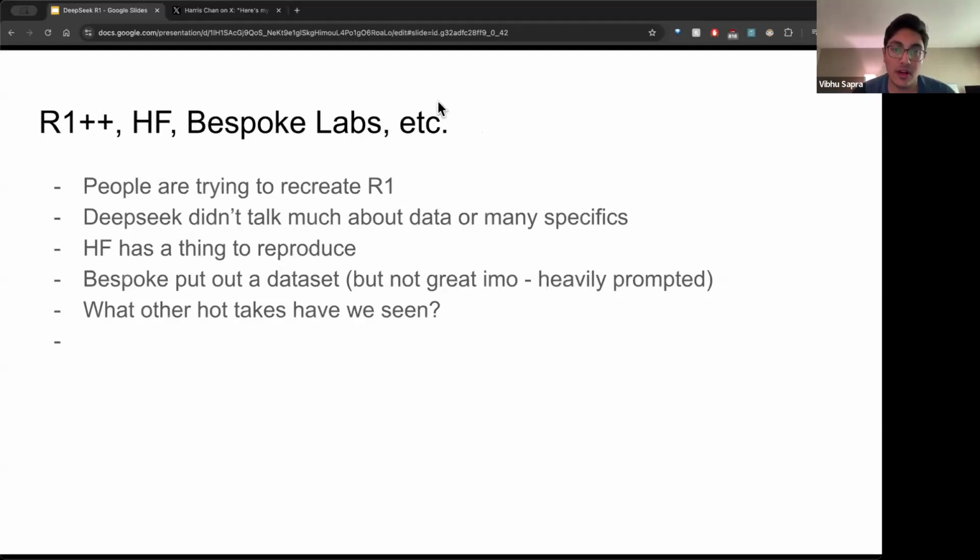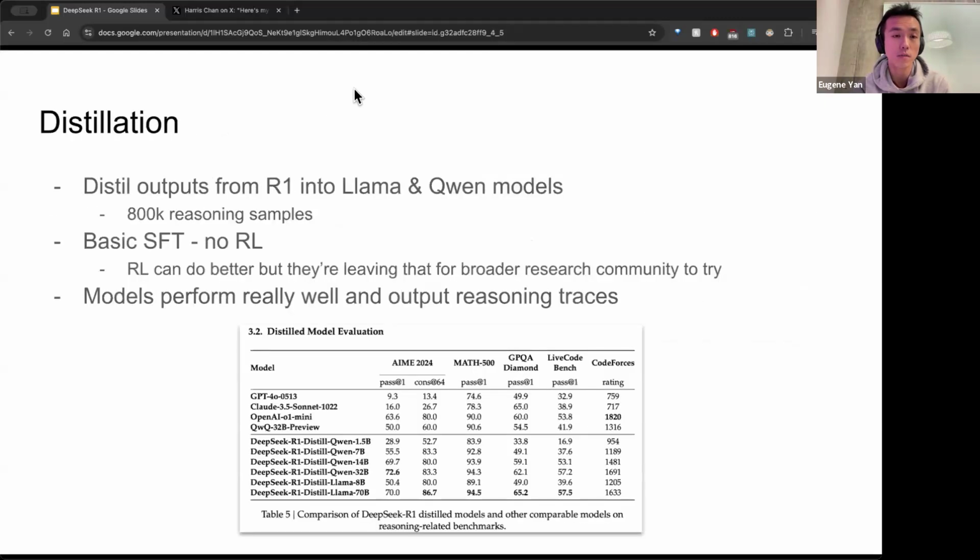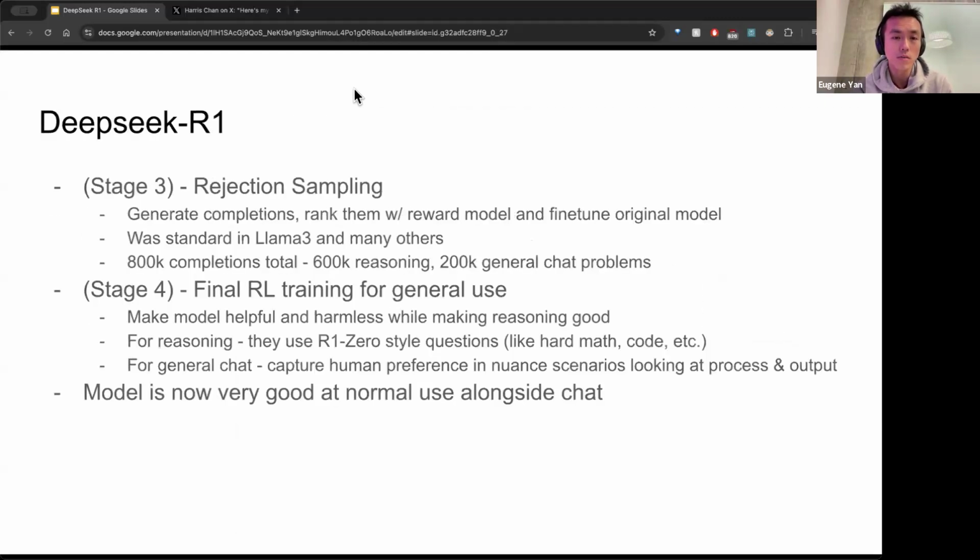Eugene Yan, you have your hand up. You want to join in? Hey, Vibhu, I just wanted to ask a question. Sorry, not a hot take, but a question. In V3, not in stage 3, right? They actually retrained it based on the DeepSeek V3 base model. So I guess the question I have is why did they not carry on from stage 2? I know Eugene Chia had a take on this on Discord, but I wonder if anyone here would have intuition on why they did this.